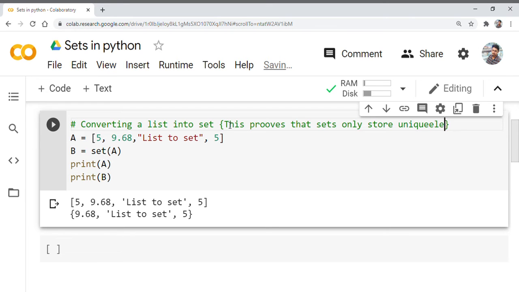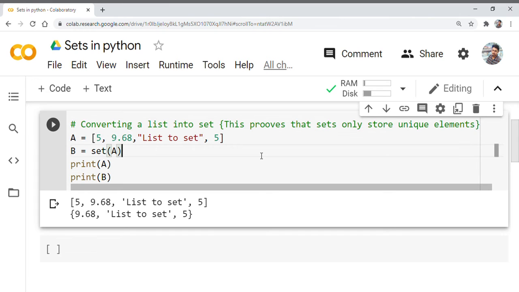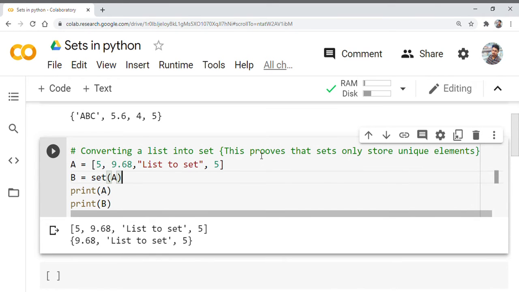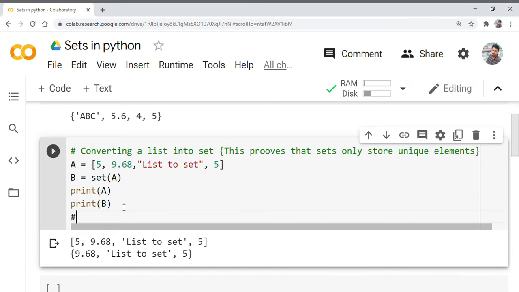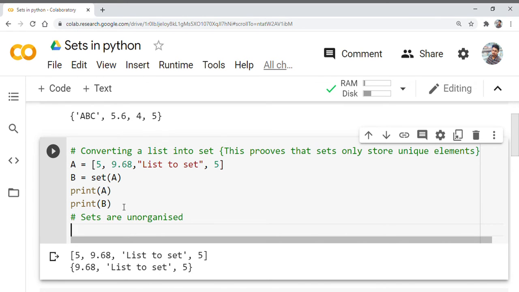Now we can also prove the second feature of sets, and that is sets are unordered, whereas lists are ordered.